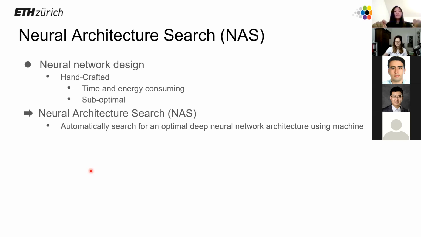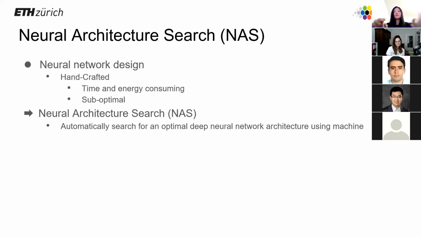Well, in the years of deep learning, a properly designed neural architecture is, as we know, very important for fully exploring the power of deep learning networks. However, neural networks are typically handcrafted, and this process is usually very time and energy consuming. These handcrafted networks are also very likely to be suboptimal. So neural architecture search is suggested to automatically and efficiently search for an optimal neural architecture